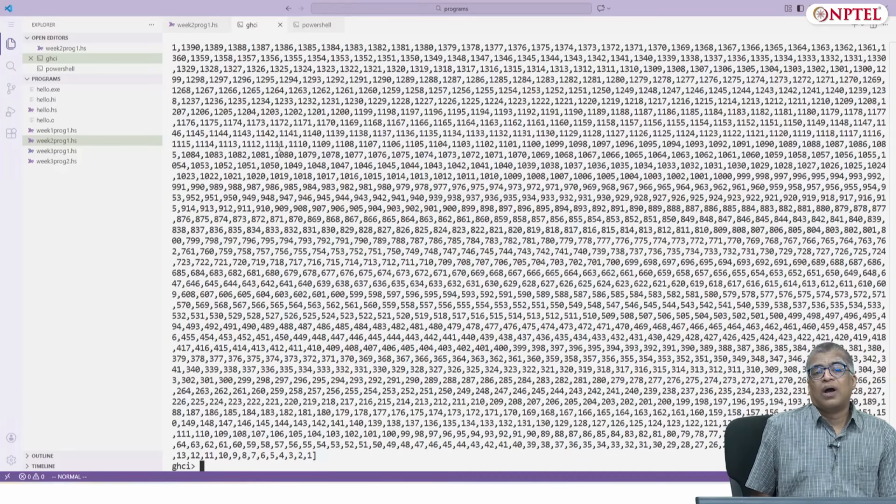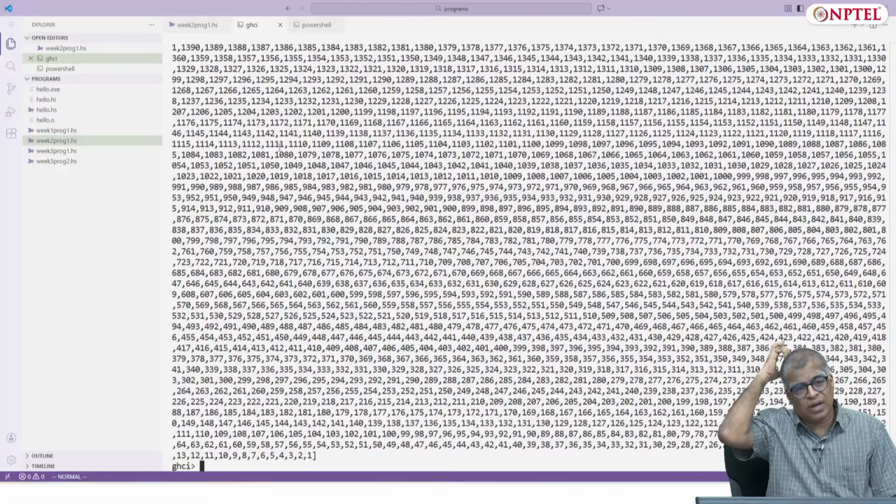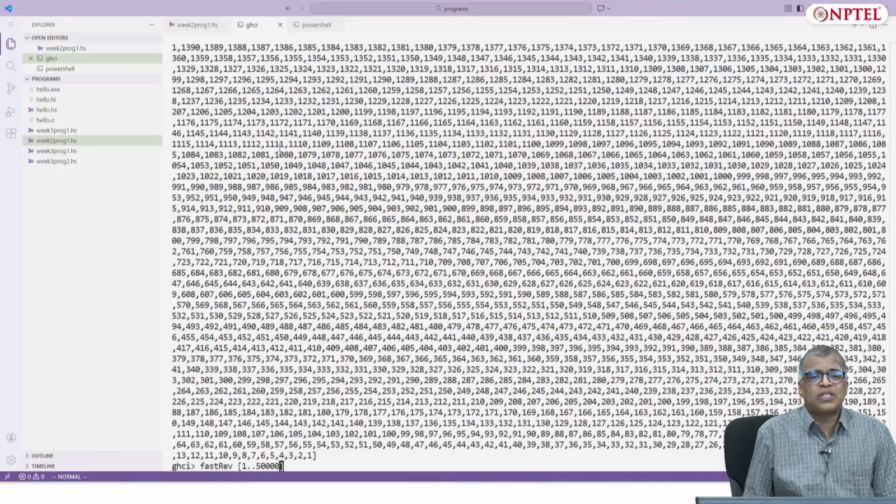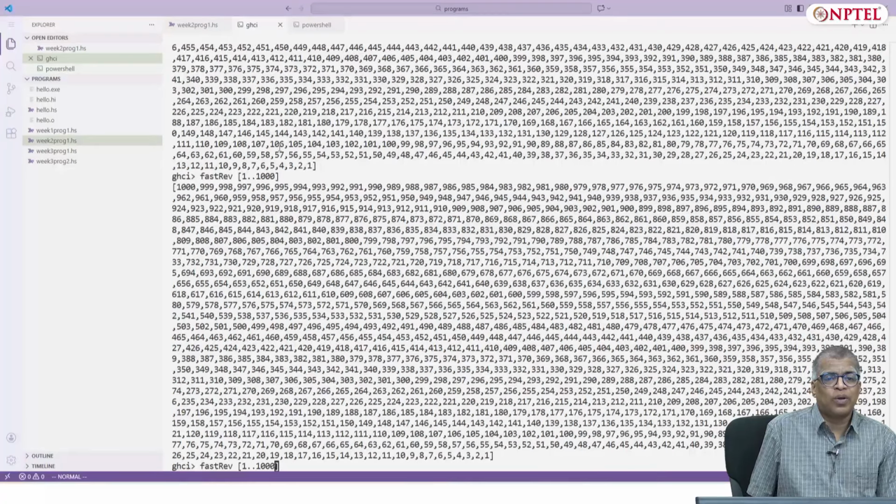For smaller values of n, even 1 to 10,000, I didn't see much of a difference. For 1 to 1000, I will certainly not see any difference between fast rev and my rev. It won't be noticeable to the naked eye.